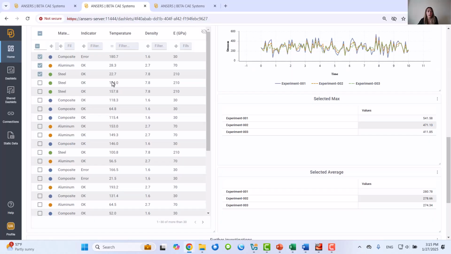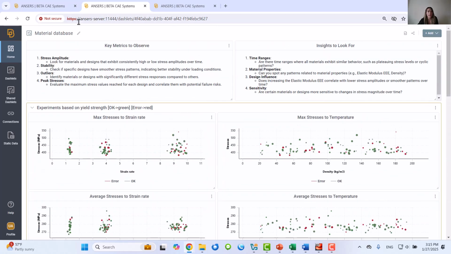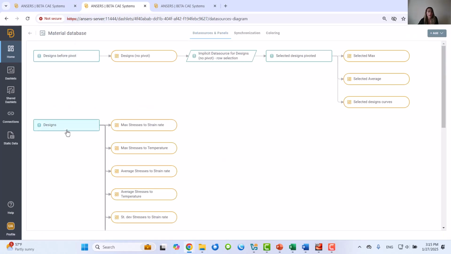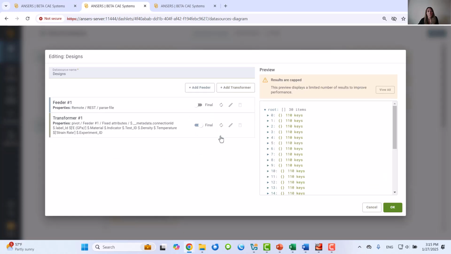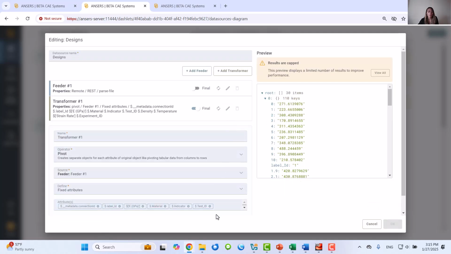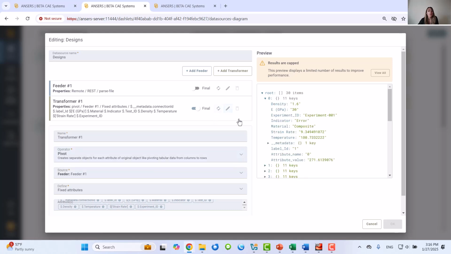So if we go back to Ansys and edit the data sources and panels, and for example, edit this data source, these are the original data format, and after pivoting by defining some fixed attributes, for example, the density, temperature, material, strain rates, and so on, all the other attributes will be pivoted, and we will end up with a format like this.